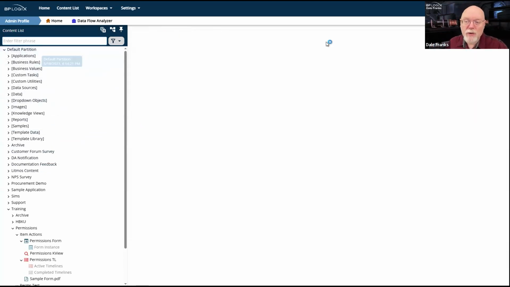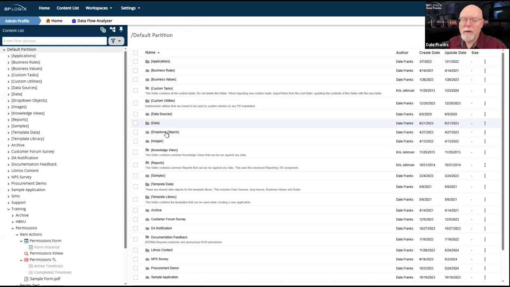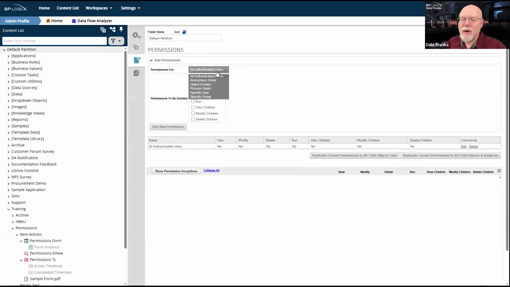Authenticated users, yeah, sure. You want authenticated users too, but you do have this one group here that we haven't talked about, anonymous users. Any user that does not have a Process Director account and thus does not authenticate with the system is considered an anonymous user.